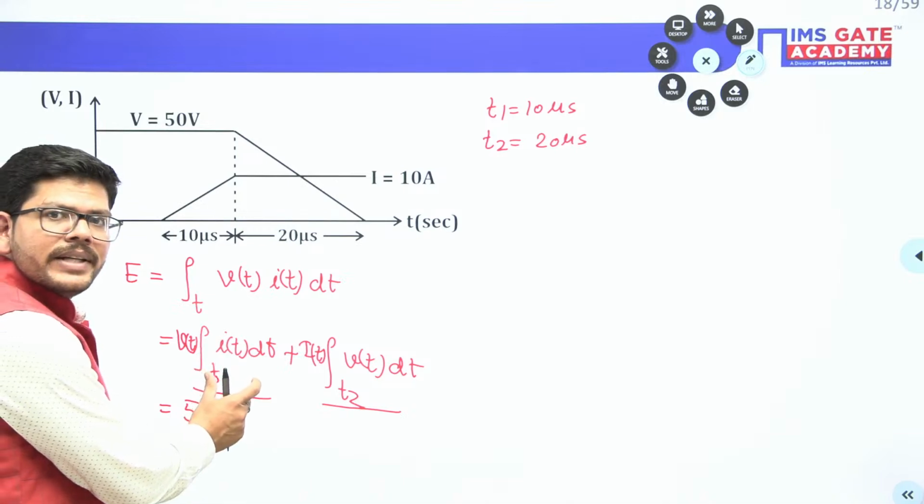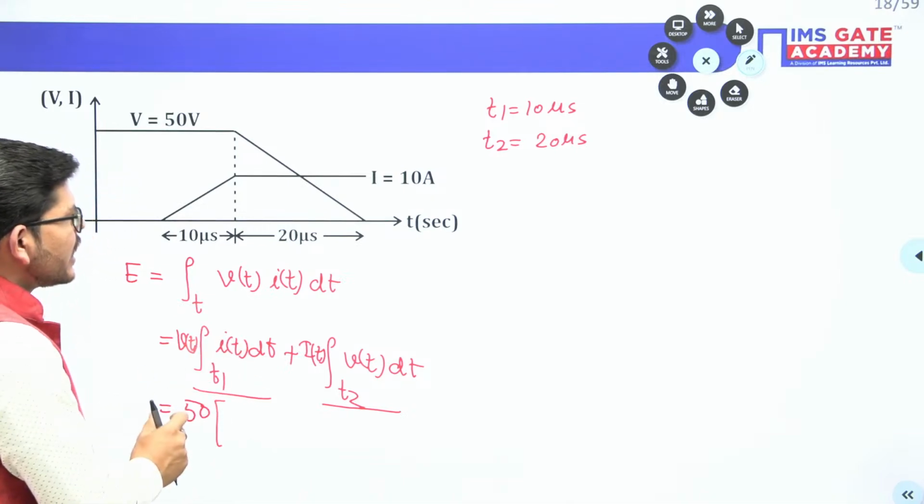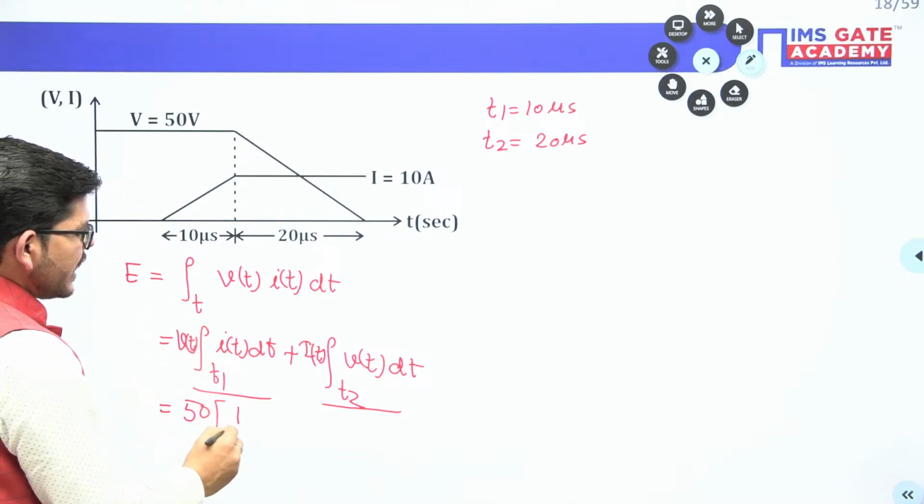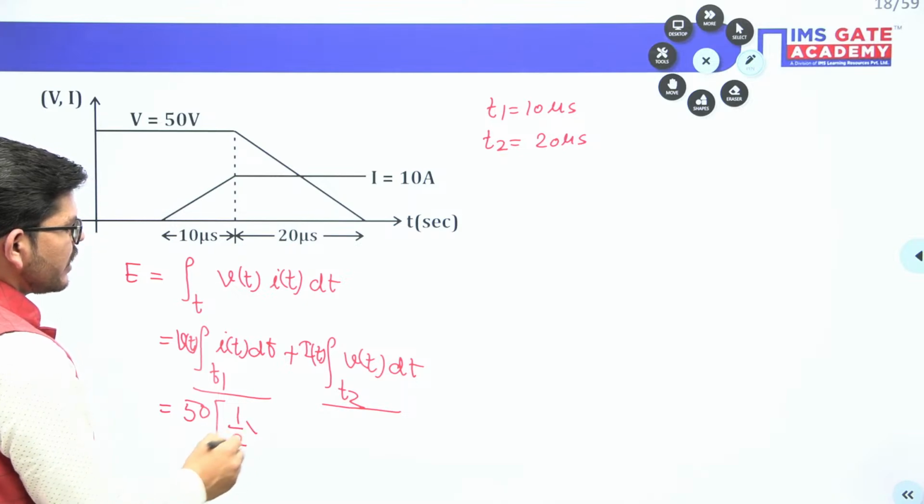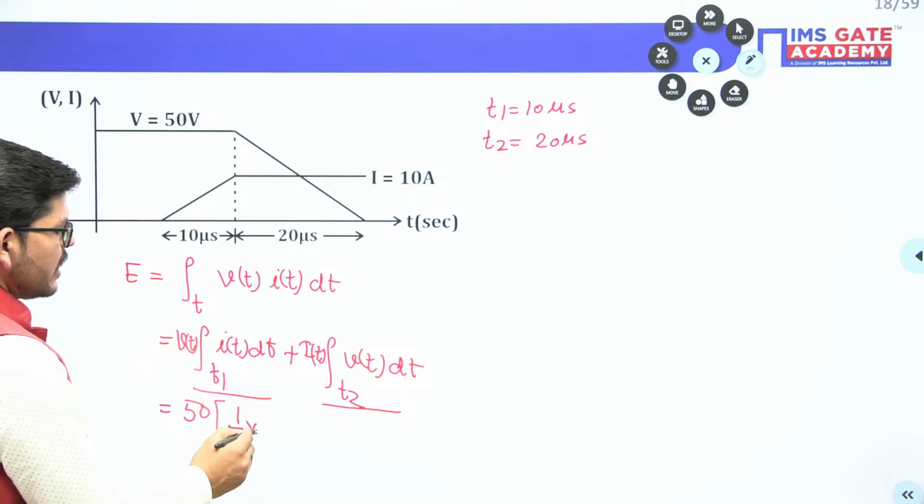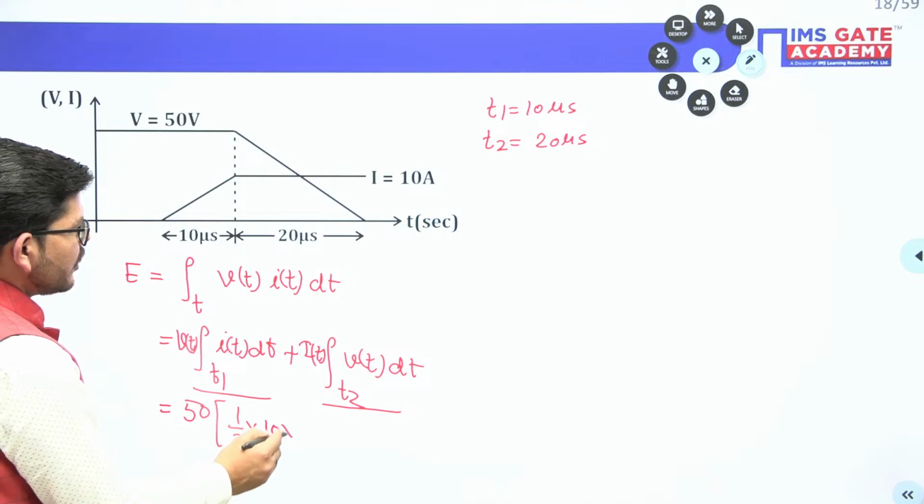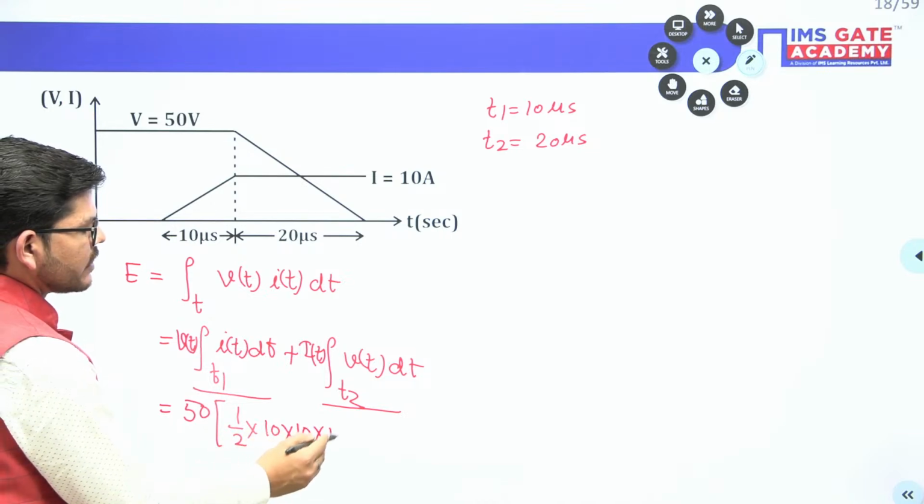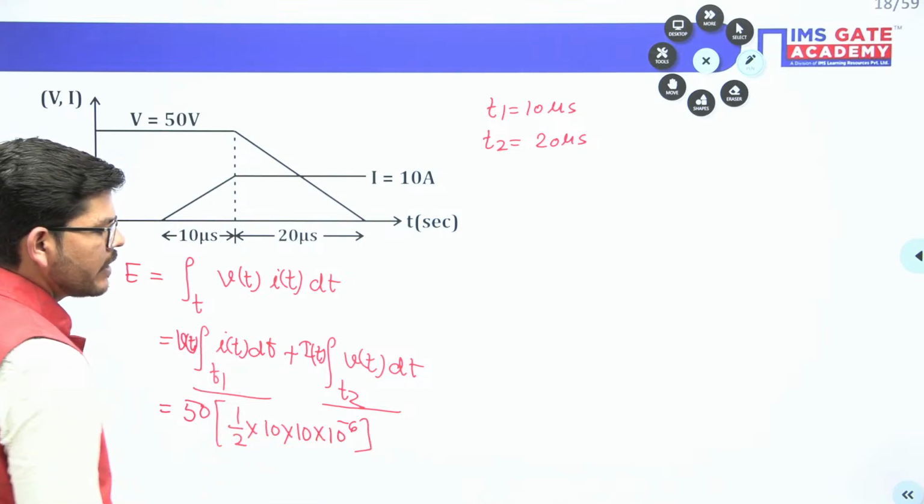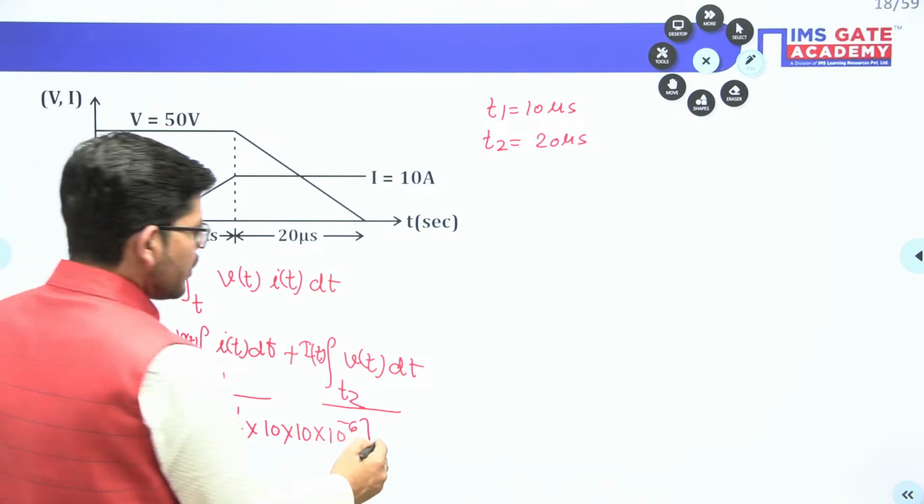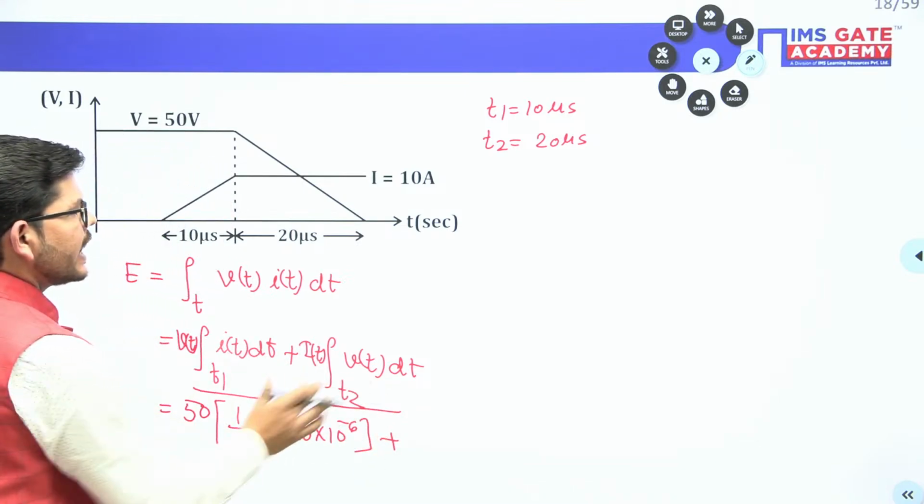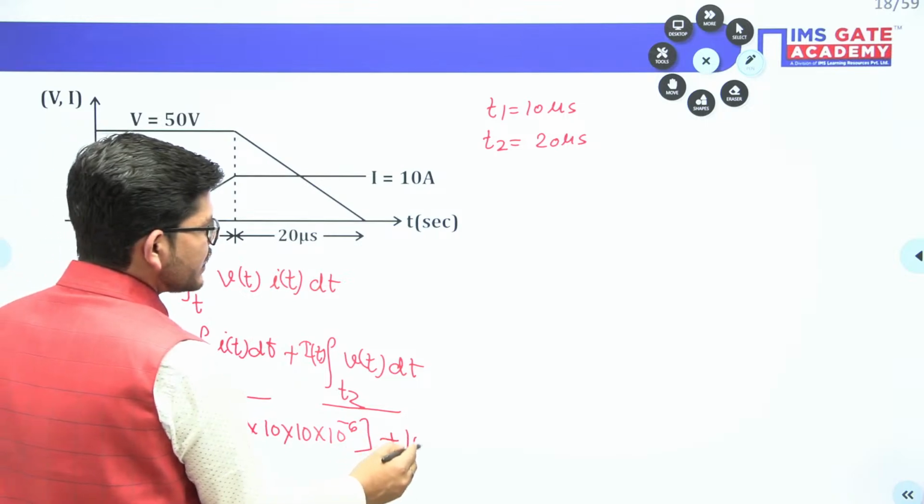What does it represent? It represents the area under the current curve. So now you have to calculate the area under the current curve. It is a triangle, so you can calculate it. 1 by 2 into 10 into 10 microseconds, means 10 into 10 to the power minus 6, plus, when it comes to the second curve, I is common and that is 10,